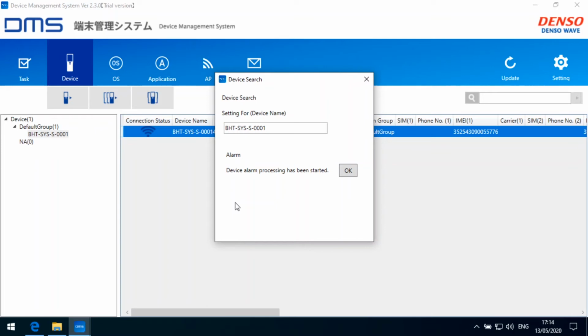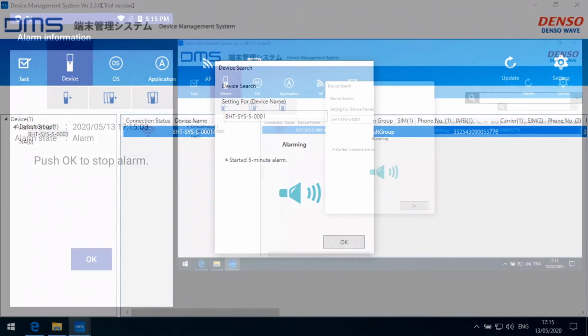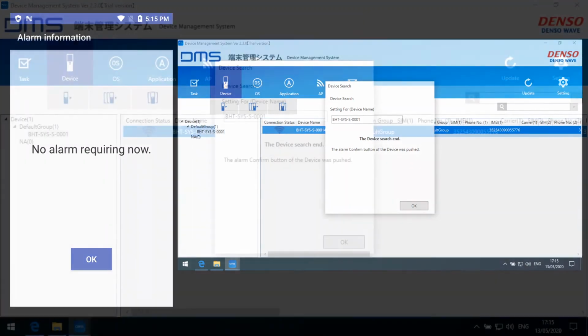I don't remember where. Just dropped it on a pallet and maybe it's moved to a shelf or something like this. This is a function we can start to ring an alarm on the device. So we can start up this function and then the device will start beeping. We can try this out. I press the OK button and now we see the device is now ringing, and if I confirm the alarm now, so I have the alarm confirmed, once I have found the device, and that's basically it. Going back to the main screen,